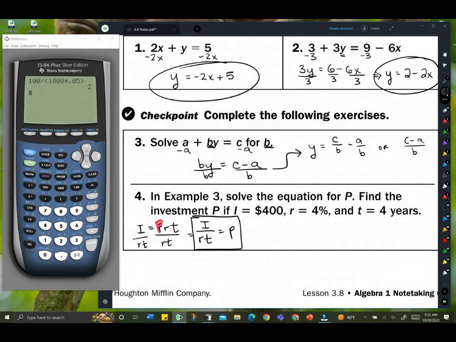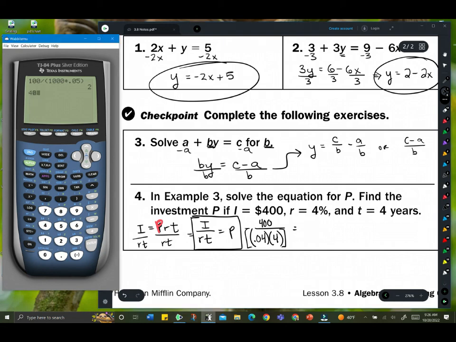Now, find the investment. If I is 400, R is 0.04, because 4%, and T is 4. Just put that in your calculator, 400 divided by 0.04 times 4, and we get